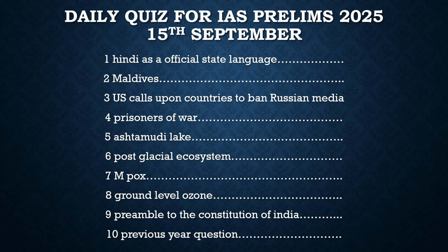After that, there was another article. It talked about the post-glacial ecosystem. Right now, as we know, the globe is warming at a very high speed, and it leads to the melting of glaciers. And we know how bad its impact could be. But at the same time, this post-glacial ecosystem could be very helpful too, because a new ecosystem will develop there, and there would be new plantation.